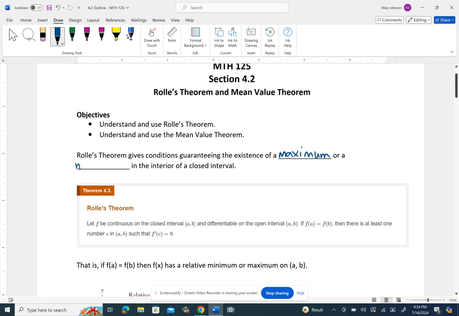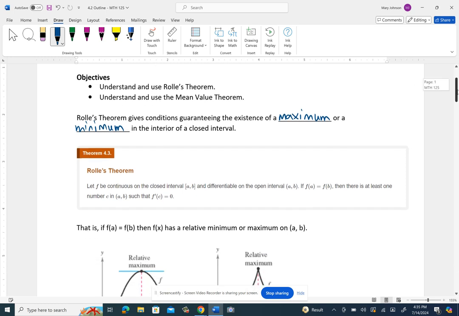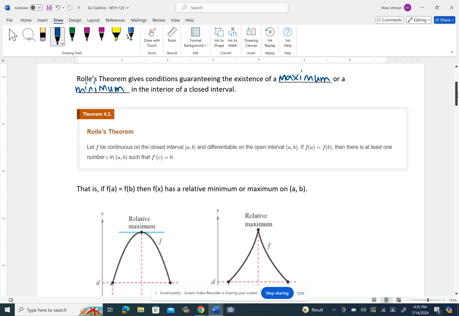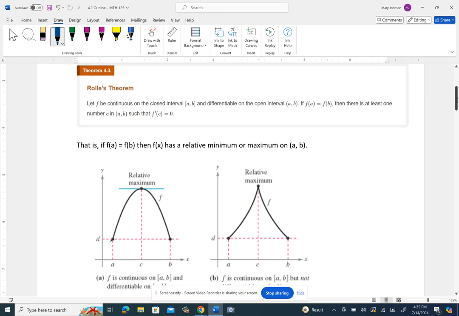or a minimum in the interior of a closed interval. So here's the idea. It's pretty obvious when you see it. Okay. So if you have a function that is continuous on an interval and differentiable within it, and you know, let's look at this first picture on the left, and you know